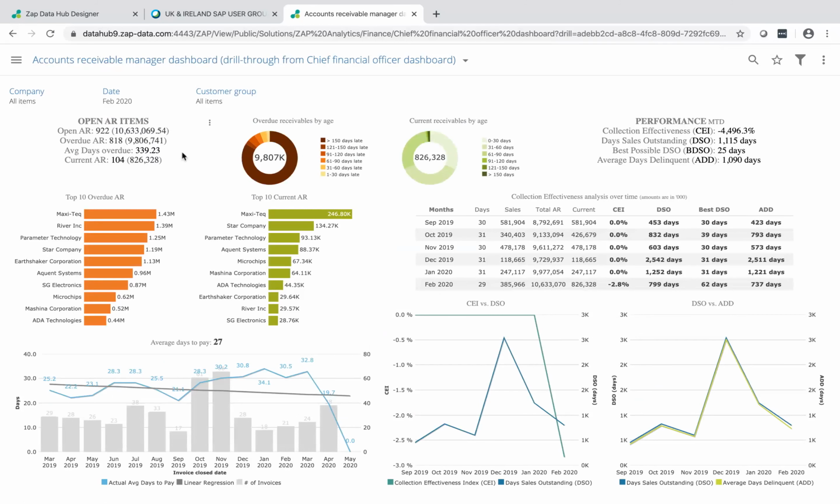So, AR, essentially you've got your open AR and average days, and a lot of these you'll have running commentary on them as well, in terms of how these calculations are created. You'll have expressions, and the use of colors to very quickly define the size of it. You drag your mouse to it, it'll tell you the balance, and so on and so forth. It'll give you drill downs in the same place. What we are trying to show here is drill down to a high-level BI report, but also a transactional-level row and column type report. Who are your top 10 elements and so on and so forth.